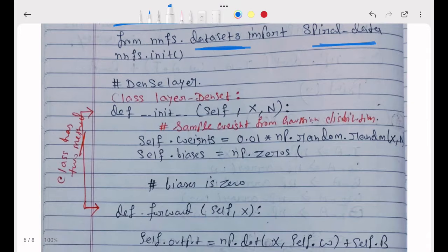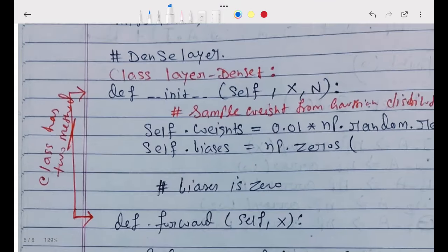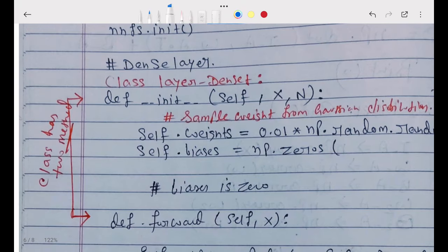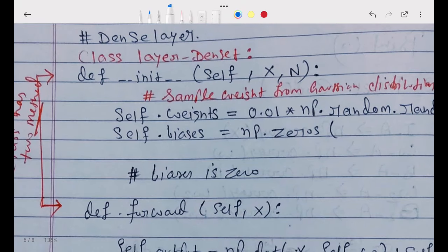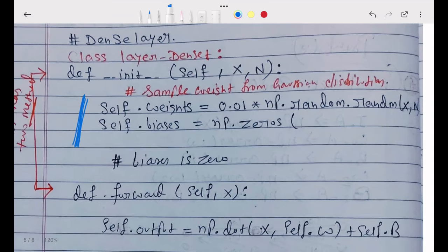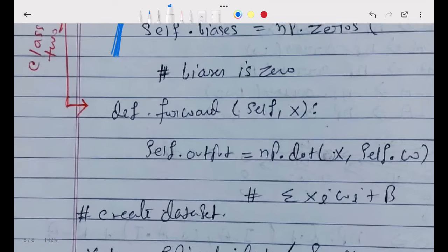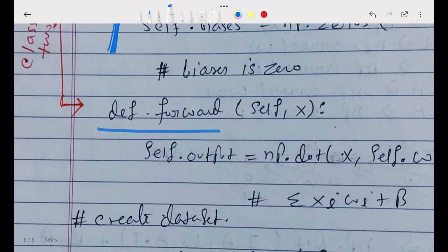Now there are two types of methods we have taken in the class, and here we are taking the sample weight. At first I will come here. What is the meaning of this method? My function def forward pass self. I already explained the meaning of self.